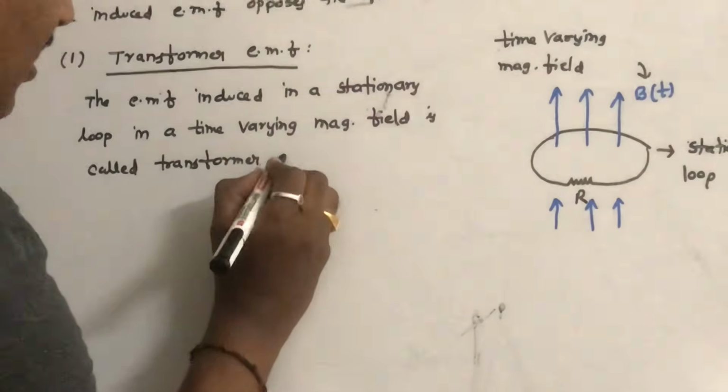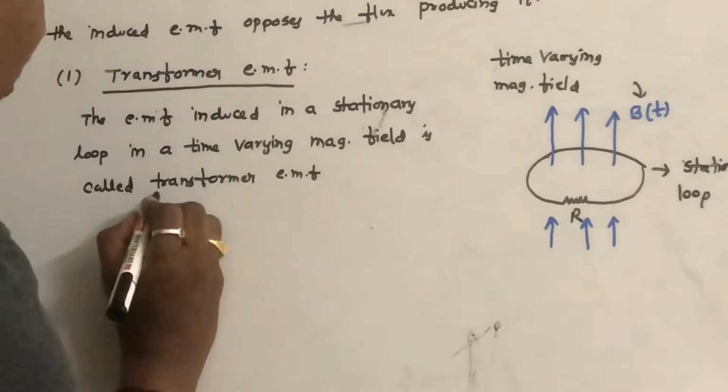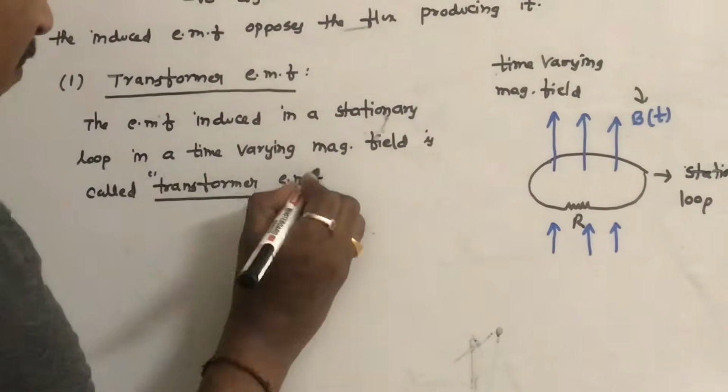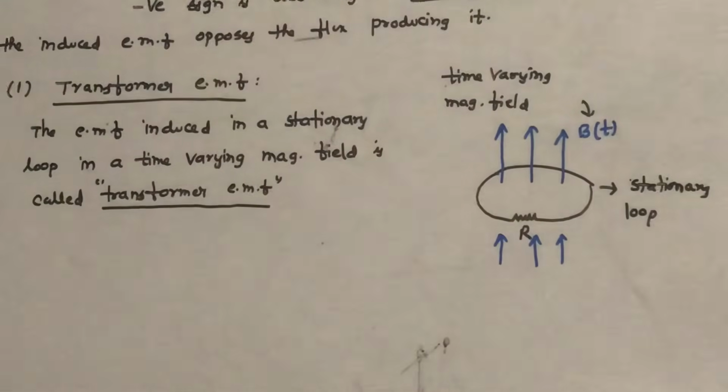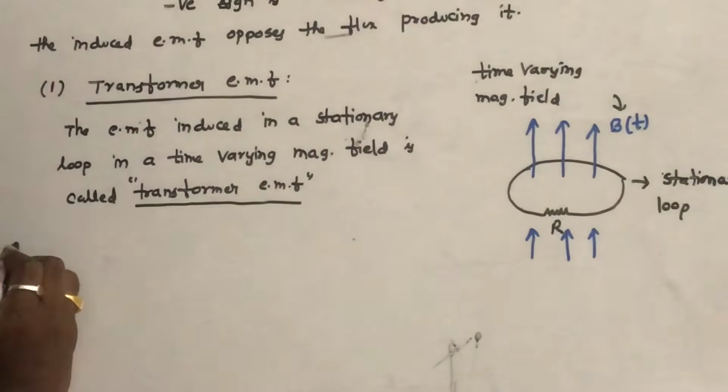Very simple definition. The EMF induced in a stationary loop in a time varying magnetic field is called transformer EMF. So from Faraday's law,